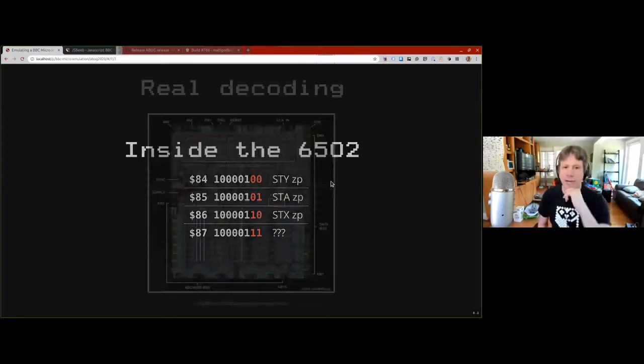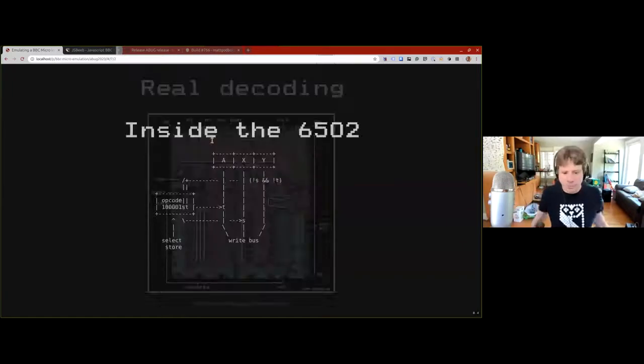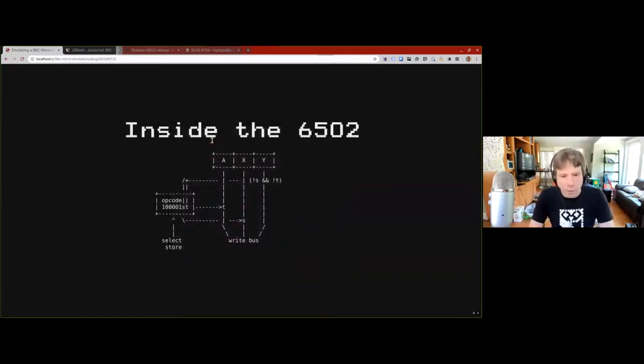And if we look at the actual picture here of a 6502, you'll see that this top area, marked instruction decode, is essentially a big ROM, a big lookup table that determines which parts of the chip are active at what sub-cycle of an instruction. And it just so turns out, if you follow it through, and this is my terrible ASCII art version, so laughter is welcome. I won't be able to see or hear it, but I know that you're chuckling at this,